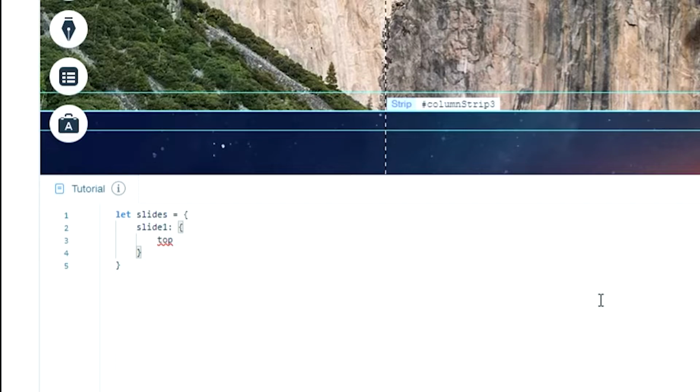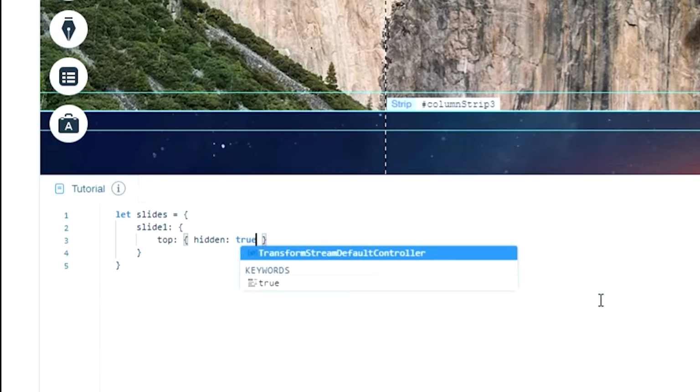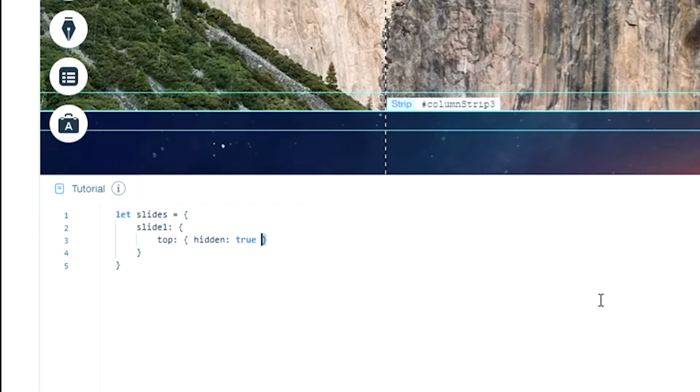So top, this is the top anchor, and its value, we need to know if it's visible or if it's on the screen or not. So I'm going to add a value which is hidden, and I will set it to true. And I will apply this for all the anchors